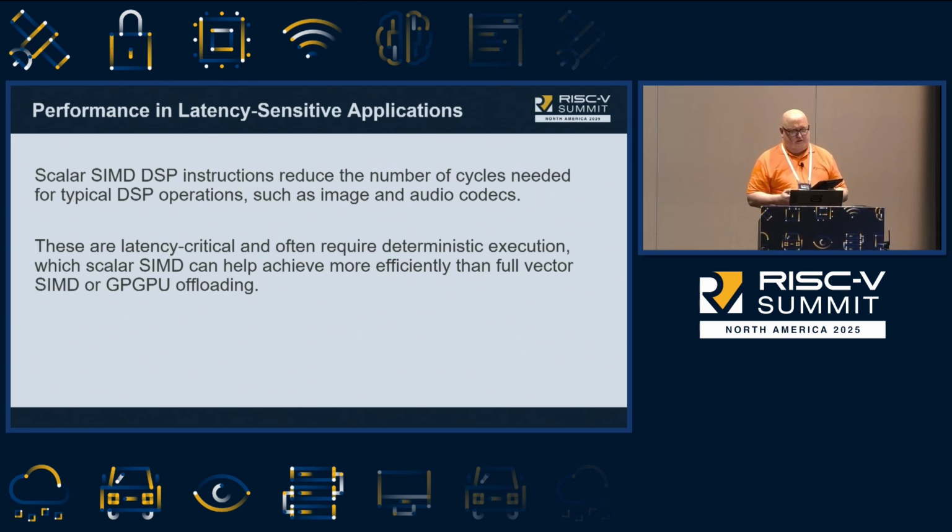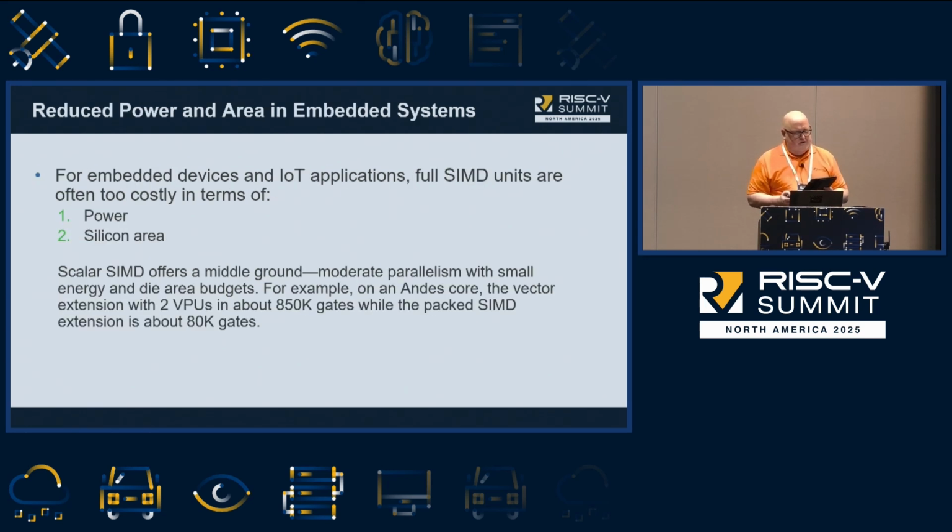So they're latency critical and often require deterministic execution, which Scalar SIMD may help achieve more effectively than full vector, as I said earlier. And some of these areas are related to filtering and FFTs and image and audio codecs and AI/ML operations with the neural networks. So for reduced power, you definitely have reduced power and area in these systems. So for the embedded IoT devices,